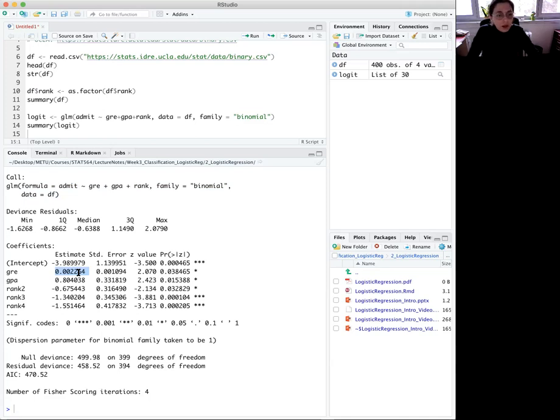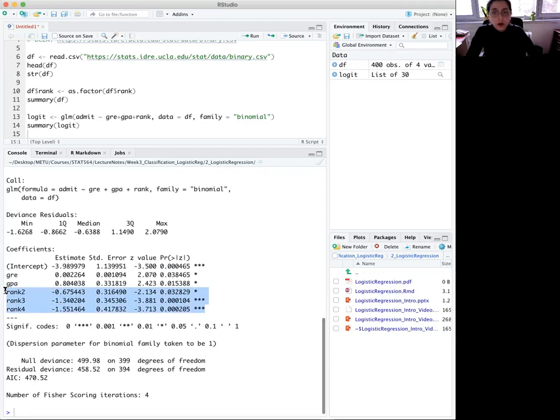And it is p-value, you see that the p-value in here indicates that it is somewhat significant in determining the admit, okay? And we can do a similar interpretation for GPA, but the interpretation of rank is kind of different because it is a factor, and so we can say that rank is